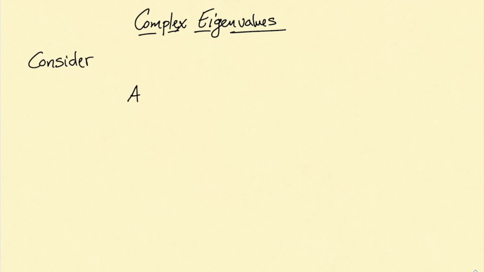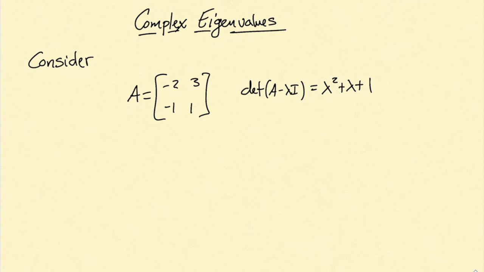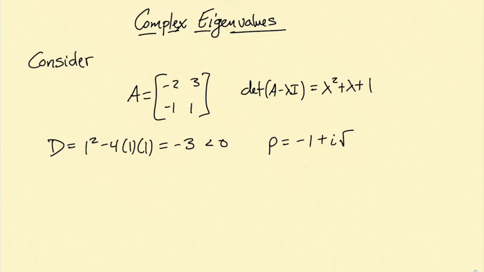So let's consider the following matrix. It's not hard to see that the characteristic polynomial for this matrix is lambda squared plus lambda plus 1. The discriminant of this polynomial is 1 squared minus 4 times 1 times 1, which is minus 3, is negative. So this tells us there are two complex eigenvalues, which we will call rho and rho bar, which is the